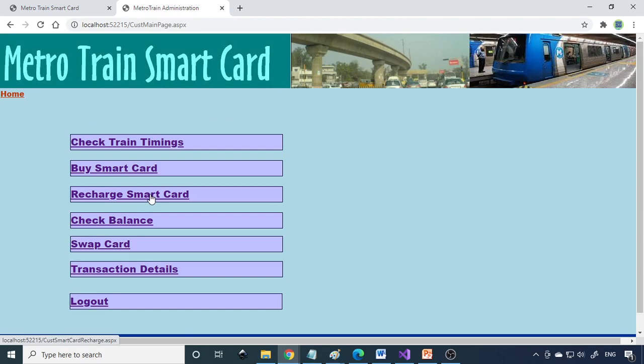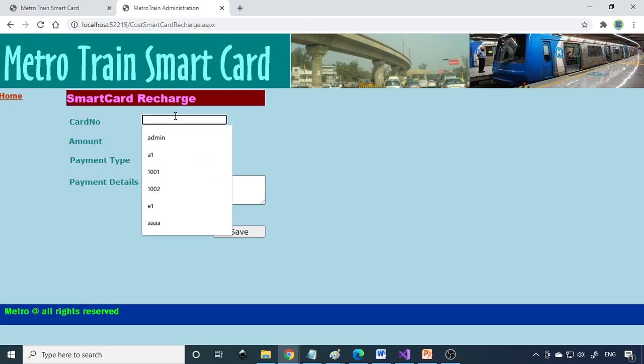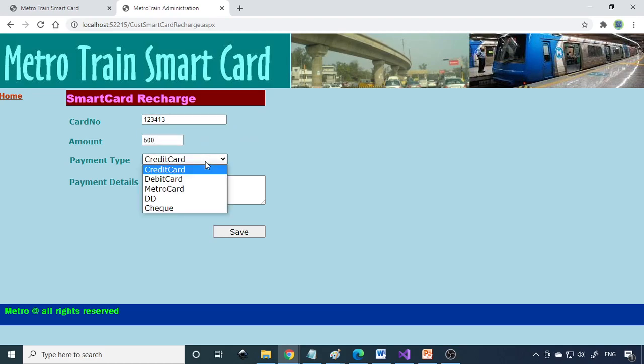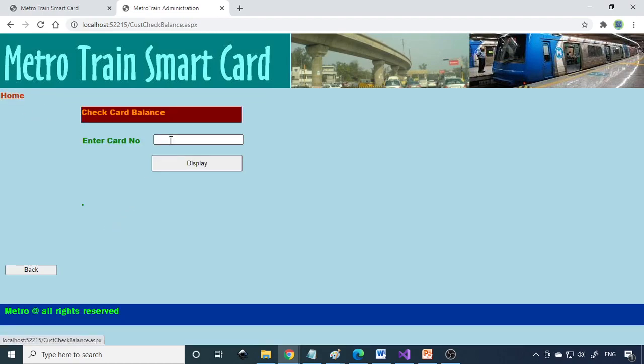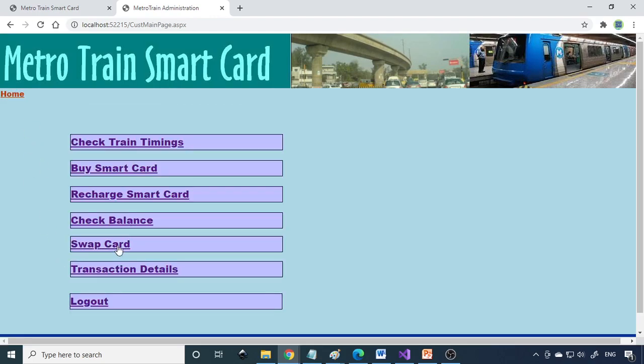Now we can recharge the smart card. So this is the card number 123413. Amount, another 500 rupees I would like to add. So it's a dummy transaction. So you can choose what way you do the transactions. CAN card, transaction number. Right. So you can see that 500 rupees should be deposited to your account. That is important. Now if you go to check the balance, this is 123413. So your 500 is added here. Now 956.00. So okay. So you can go back and then you can travel now.